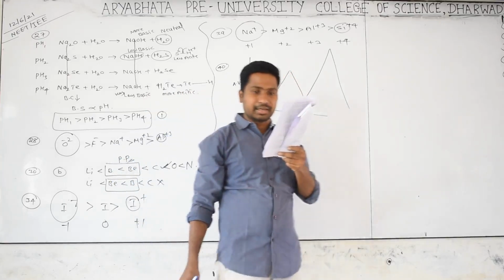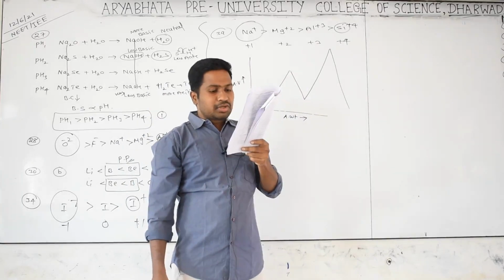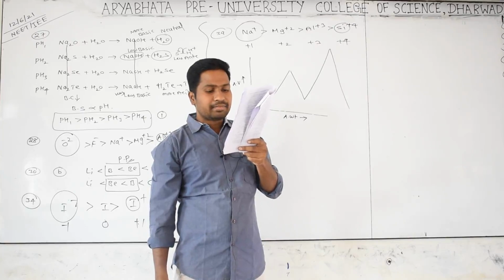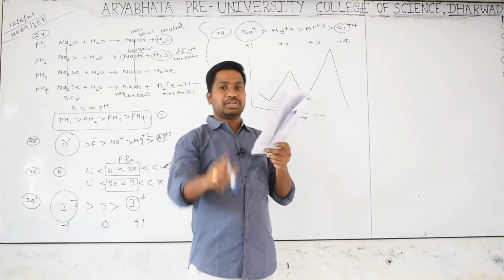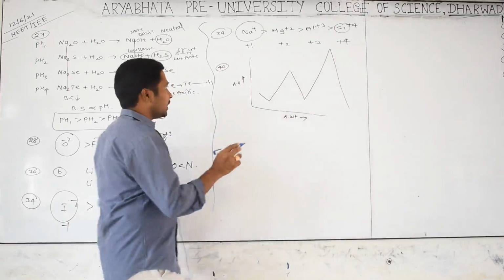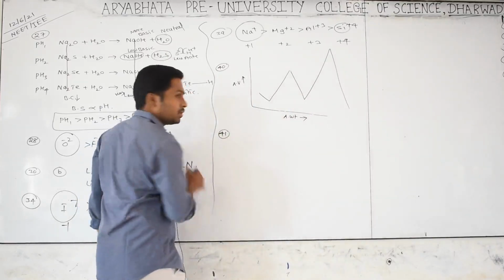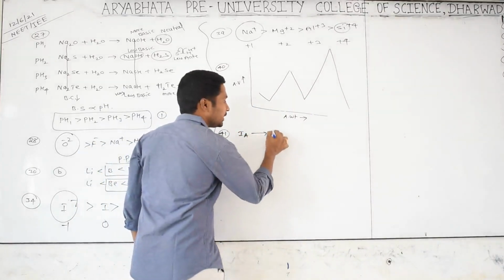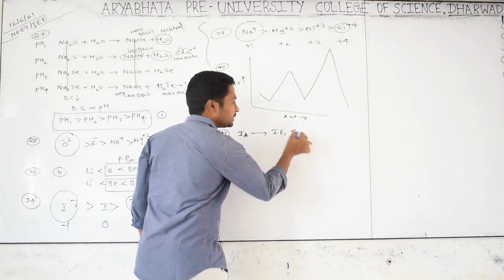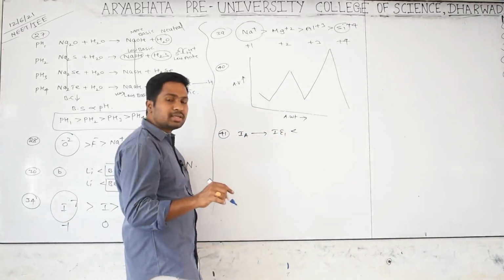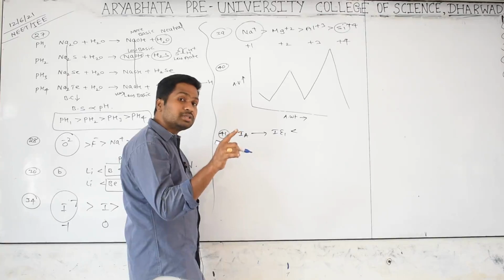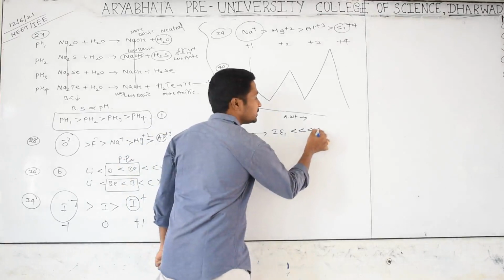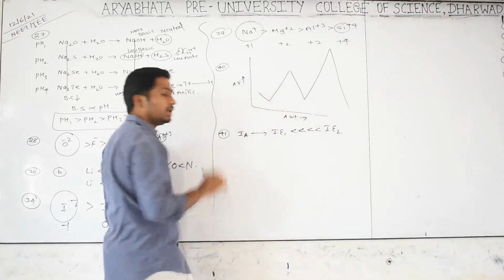First decreasing, then increasing. Okay, next: which electronic configuration of an element has abnormally high difference between second and third ionization energy? Very important bit. Now you can see, for example, if you take first A group element, first ionization energy will be less because only one valence electron is there. After losing one valence electron, it is becoming an inert gas configuration. Removal of second electron will be very, very high. That's why second ionization energy will be very high for first A group element.